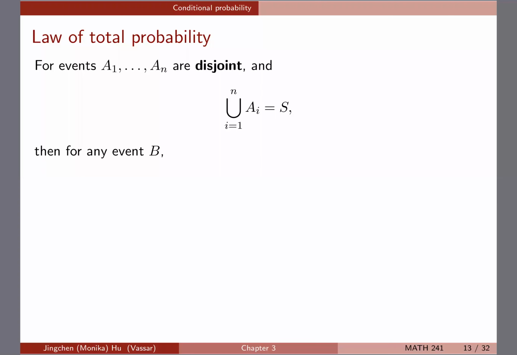The last rule of conditional probability is what we call the law of total probability. We define events A1 through AN, and we note that they're disjoint, meaning that they cannot happen at the same time. And in particular, we also assume that the union of all of the events is the sample space. Okay? So if you imagine that we have a Venn diagram here, which denotes the sample space, the box here,